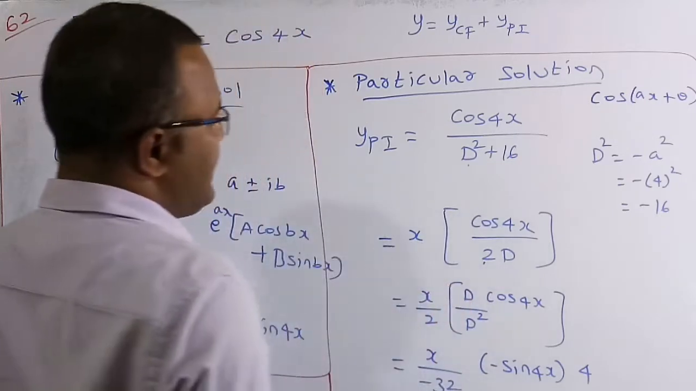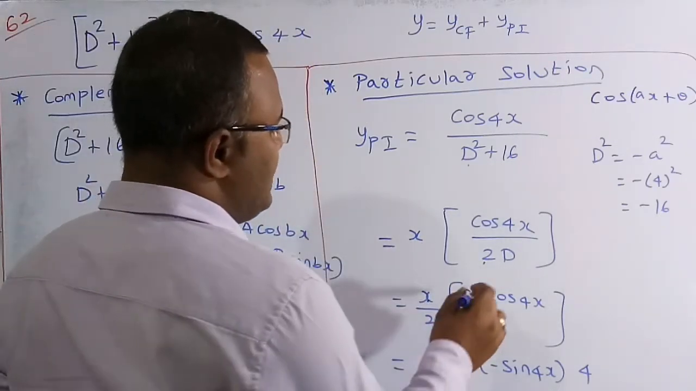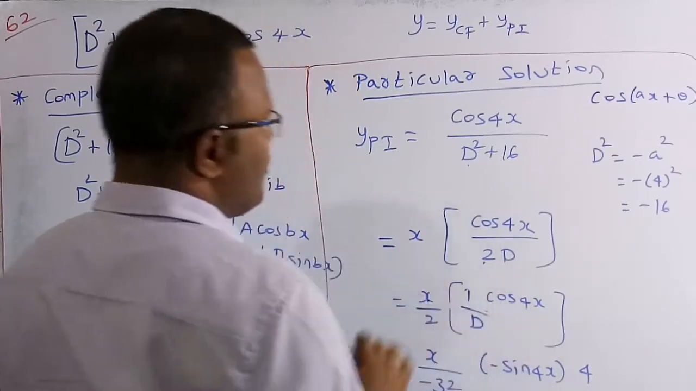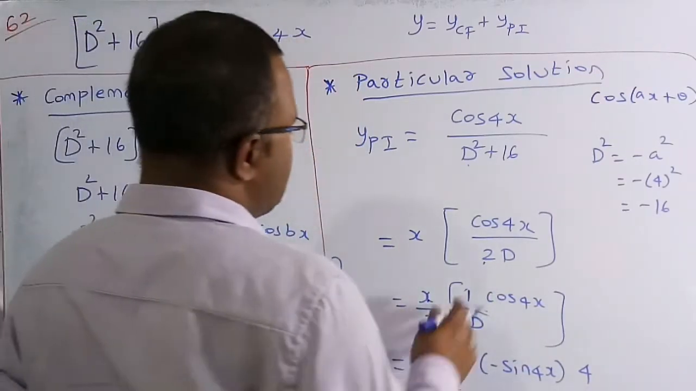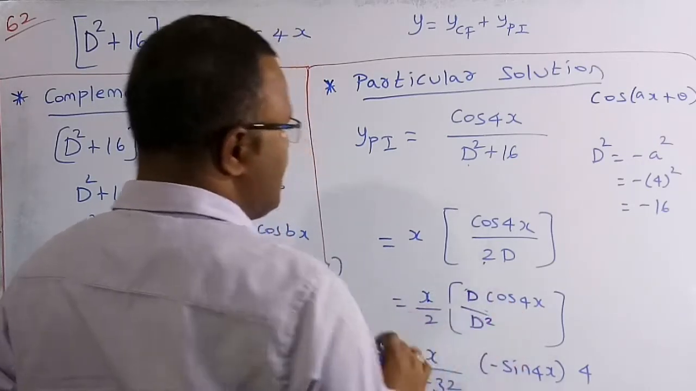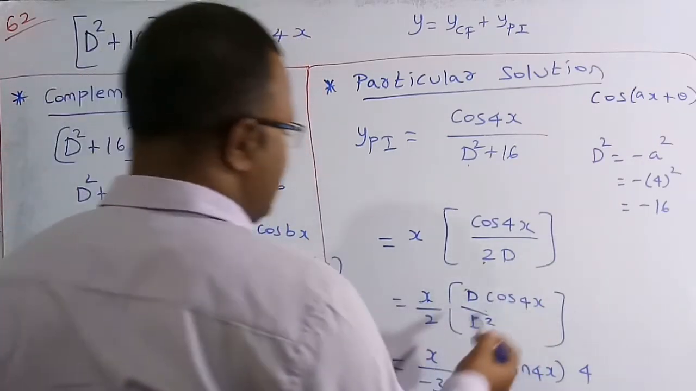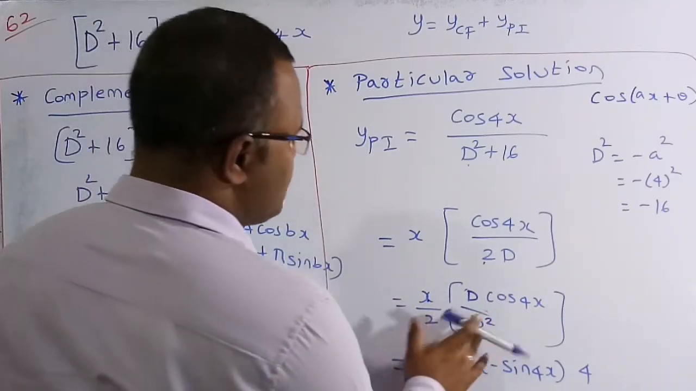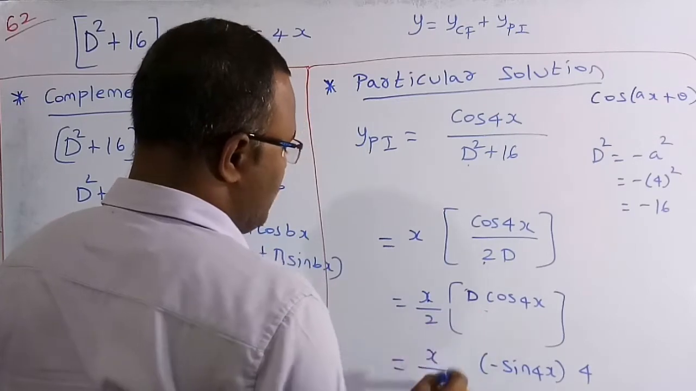2 is a constant value, I am taking it outside the bracket, so I get x by 2 into 1 by D of cos 4x. Then I am going to multiply and divide by D, so we get D by D square. But D square is equal to minus 16. So I take 2 into minus 16, which is minus 32. So x by minus 32 into, I take this as outside, then I get minus